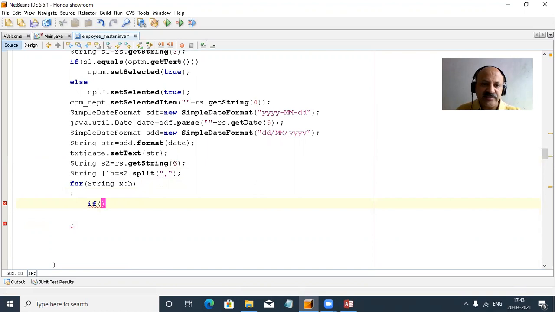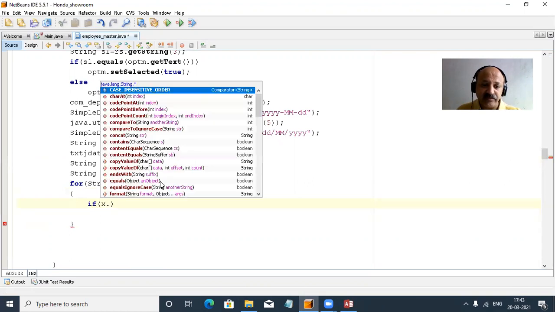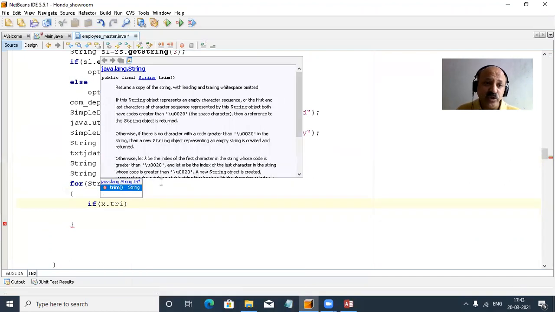So that is first x or s, you can also take s. So x and trim, because any blank space may be included, leading and trailing. You can say it returns a copy of the string with leading and trailing white space omitted. Omit means remove, so that is required if any white space is present.